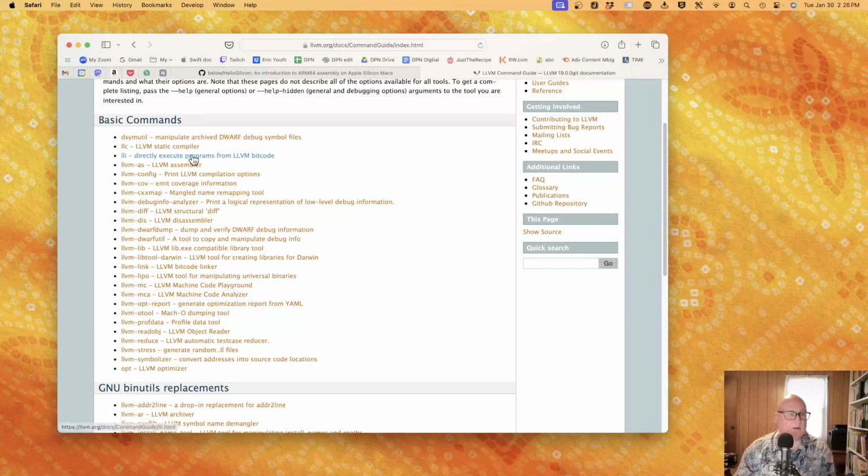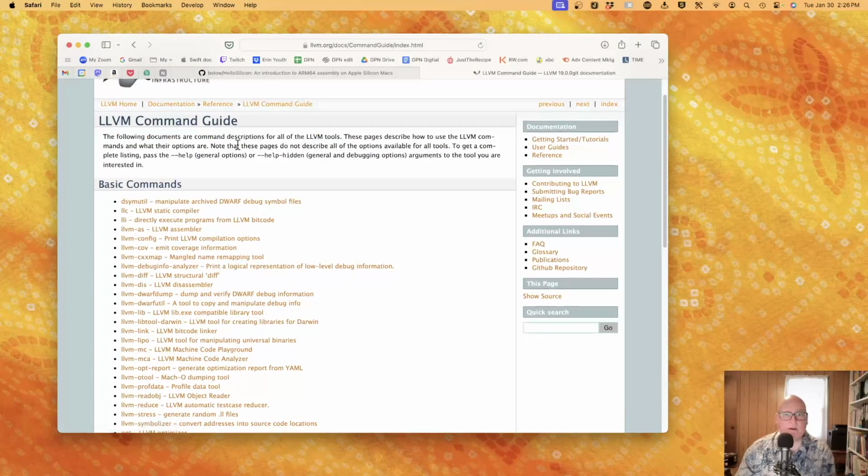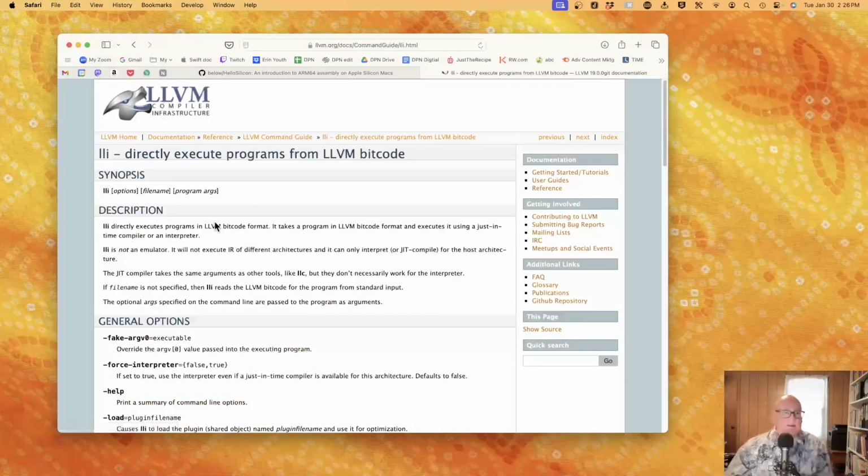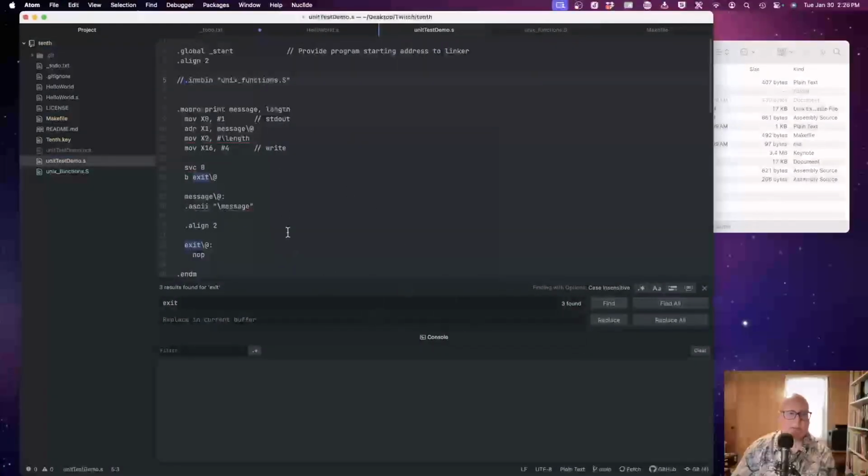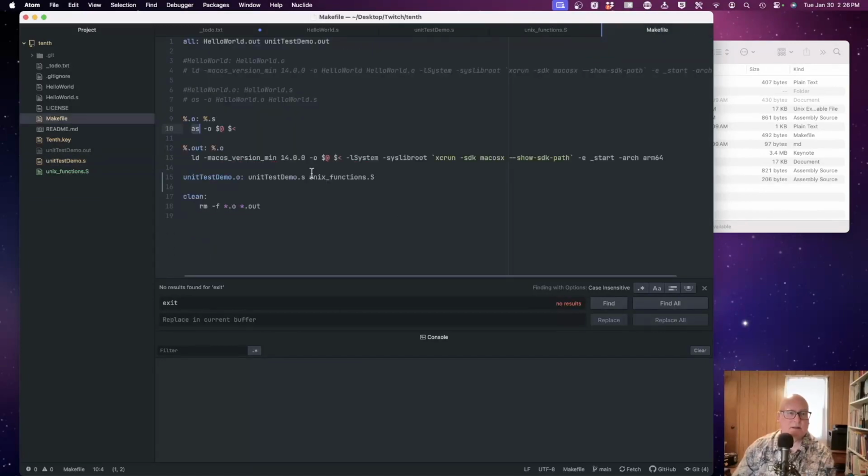I don't know what bitcode is though. Is it like bytecode? LLVM format, text program LLVM. Yeah, I think this is more like the intermediate code for LLVM. All right. Well, I think I can make a makefile that does this. Well, I'm going to have to give it